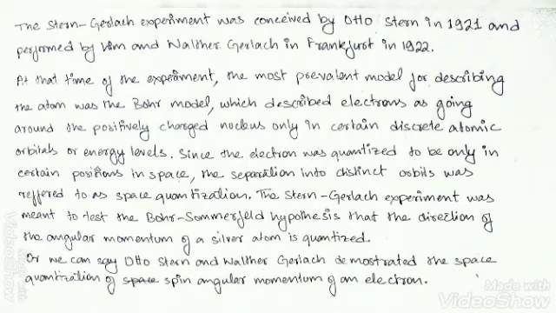The Stern-Gerlach experiment was conceived by Otto Stern in 1921 and performed by him and Walter Gerlach in Frankfurt in 1922. At that time, the most prevalent model for describing the atom was the Bohr model, which described electrons as going around the positively charged nucleus only in certain discrete atomic orbitals or energy levels. Since the electron is quantized to be only in certain positions in space, the separation into distinct orbits was referred